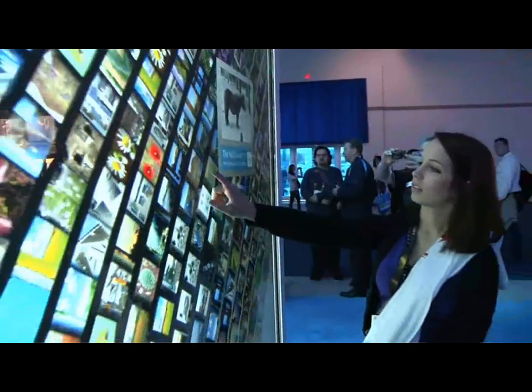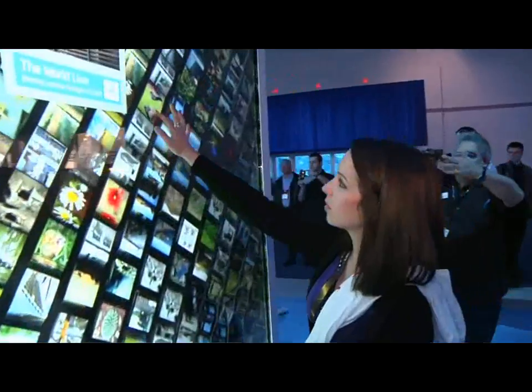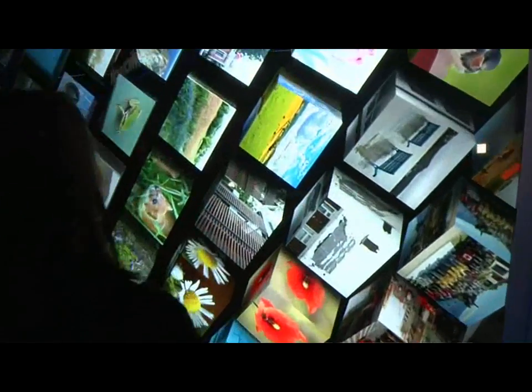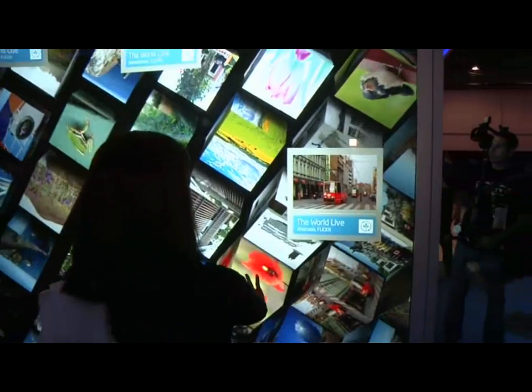Our intention is not to commercialize InfoScape. We just want to give people a hands-on look at the power behind our processors. But I've been told by some of our visitors here over the last few days they can see the application playing out really nicely in a public setting like a train station or